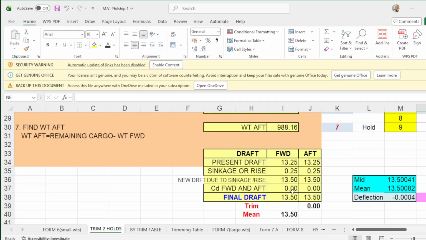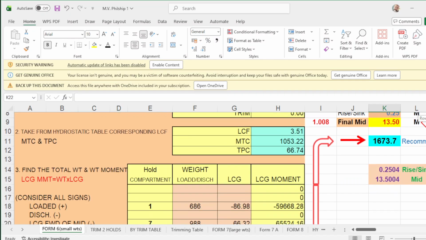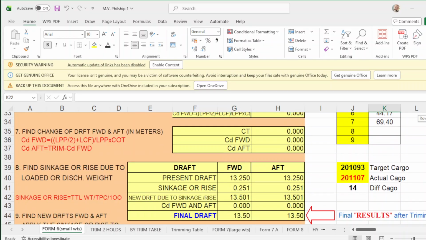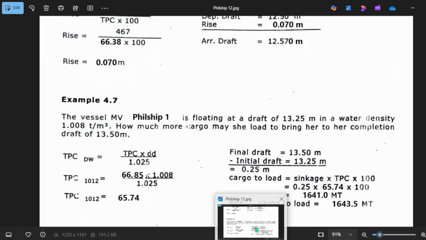Then you have an even keel drop here, and the last one is form number 6, how to find trim when handling several moderate weights, and this is this one.